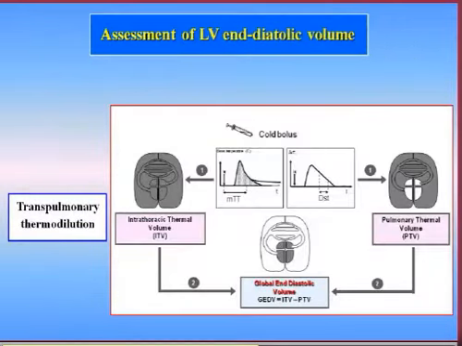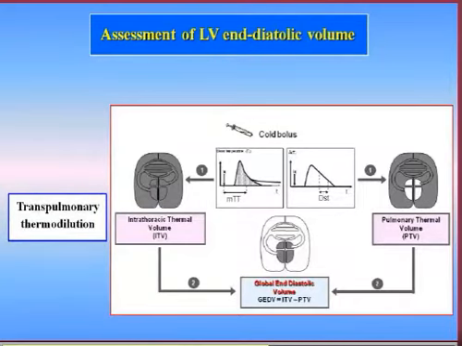And regarding transpulmonary thermodilution, you know that it is possible to obtain this parameter after injecting a cold bolus into the superior vena cava. Using the area of the thermodilution curve and the mean transit time, you can obtain the intrathoracic thermal volume. You can also obtain, using the Dowd slope time, the pulmonary thermal volume, and the computer is able to make the difference between the two volumes and to finally